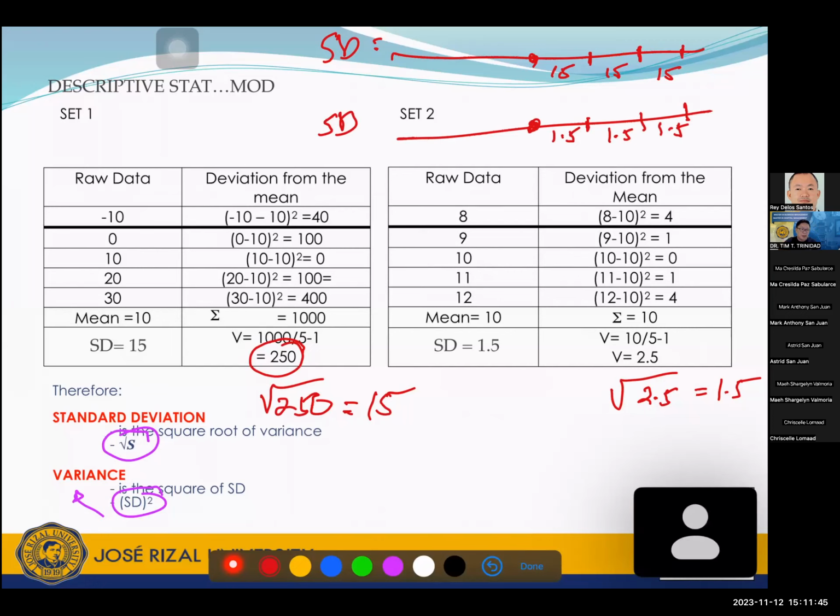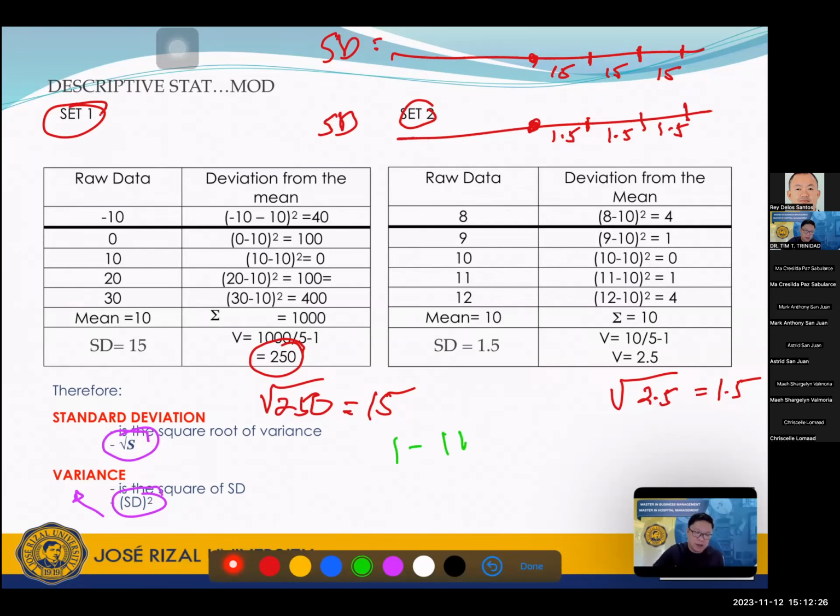Yes, sir. So the scale is different between set 1 and set 2 by virtue of the values that you get from the computation of standard deviation. So your scale here for every standard deviation is 15 points. Another 15 points. Compare that here, only 1.5. Okay? So that when you have scores, for example, you plot numbers, let's say you took an exam of 1 to 100,